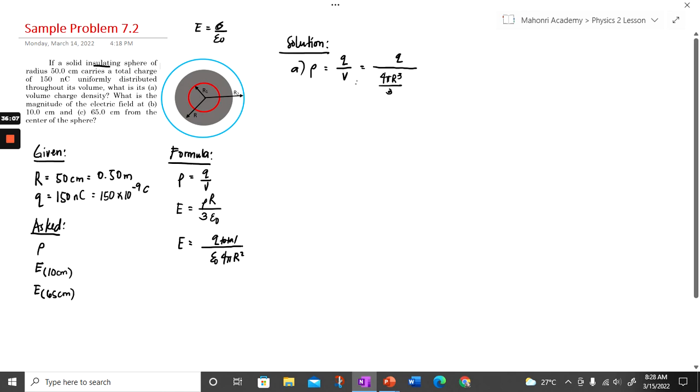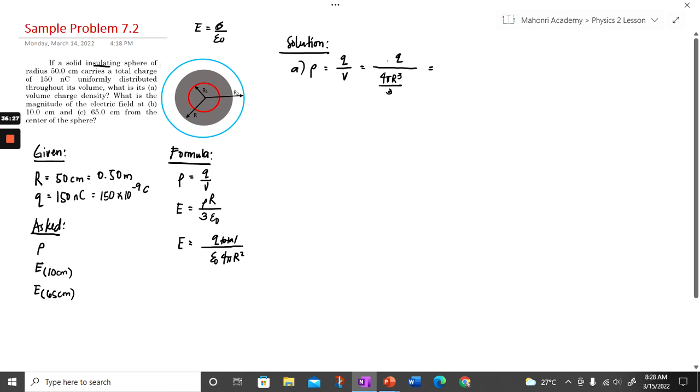This 4 pi r cubed over 3 is the volume of a sphere. So something that I want you guys to remember also are the equations: area of a sphere, volume of a sphere, etc. And then what you want to do to solve for the volume charge density is basically just plug in